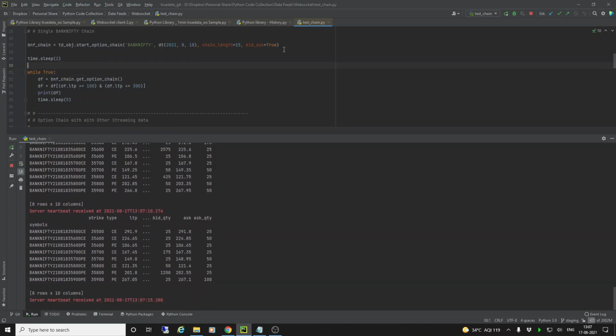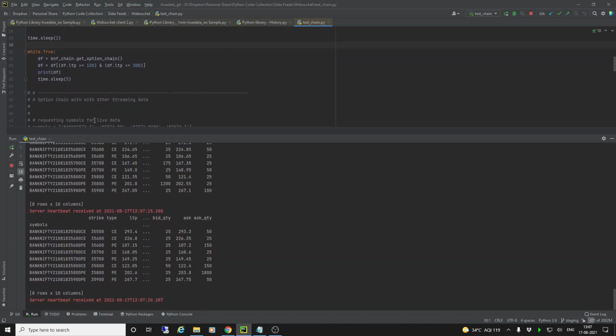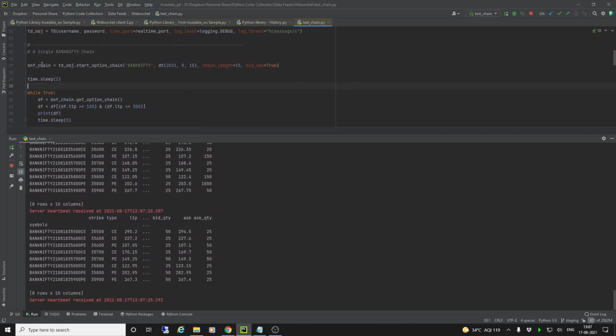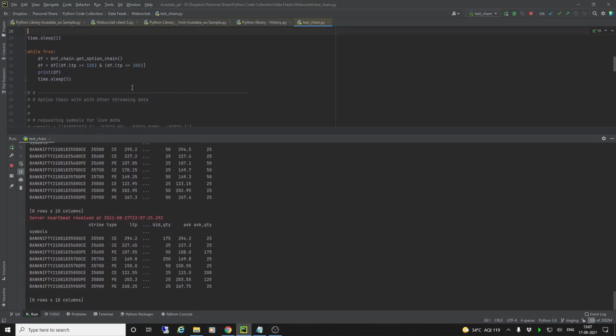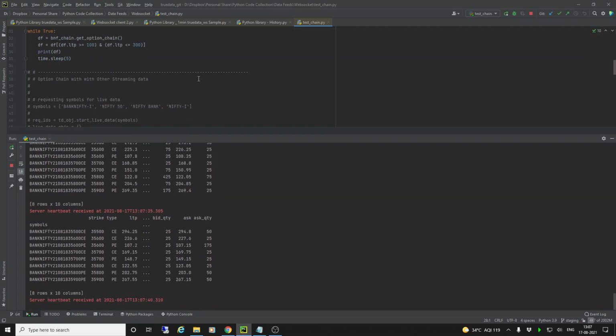You have to remember that, otherwise this will keep looping and getting the same data for you, though the Bank Nifty option chain would have already stopped in the background. So this is how you can do this. You can see that it's coming here and no problem.